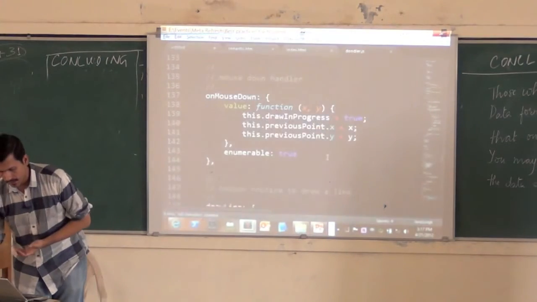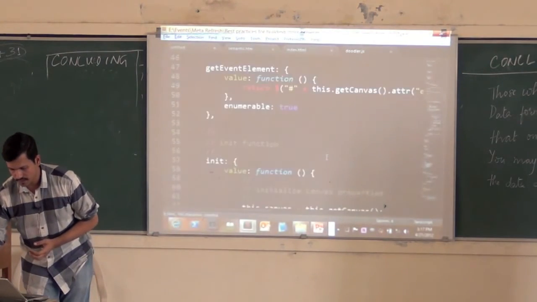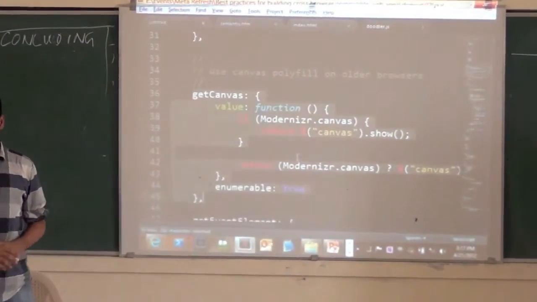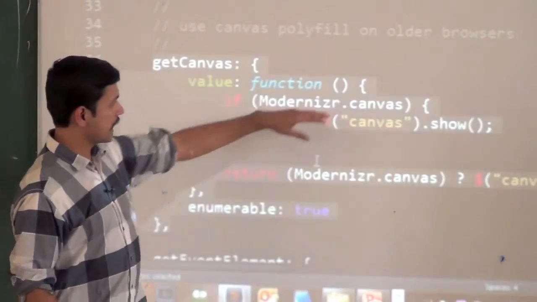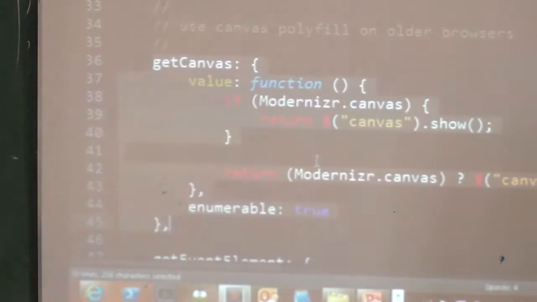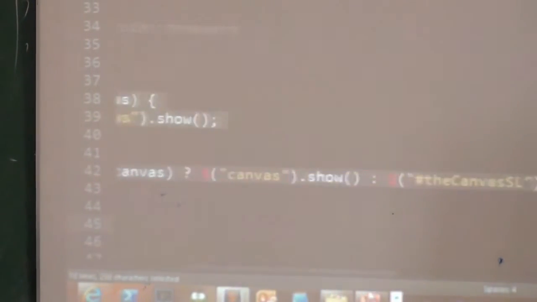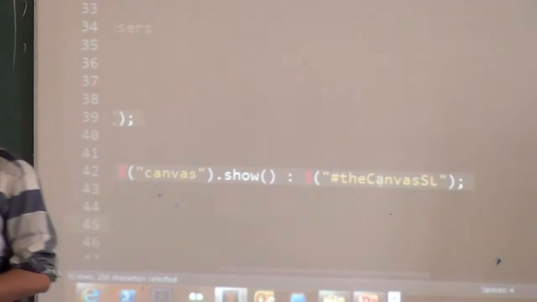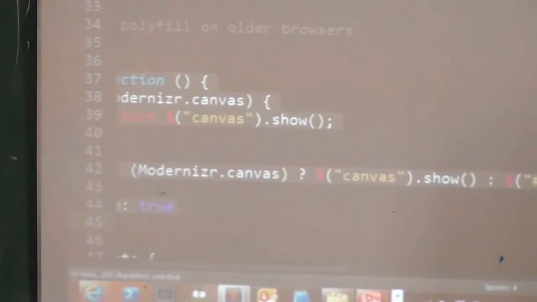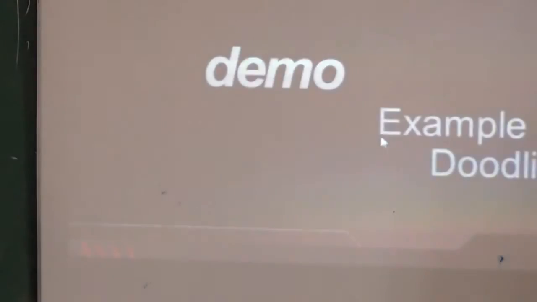So that's what you get, and the browser-specific code is essentially just, for example, this is the only method where I have kind of abstracted that away. So I have a get canvas method where I check that. If canvas is available, then I return a reference to the canvas object. If canvas is not available, then I basically return a reference to the Silverlight canvas instance. The rest of my code in that download.js, nothing changes. Right? It's exactly the same. So that's the benefit of using polyfills, right? So you get to use new specs and not worry about older browsers, or at least not worry about them too much.